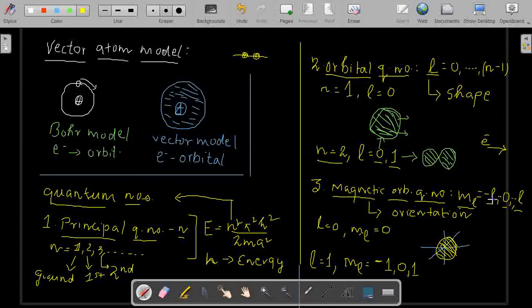Also, we do understand that quantum mechanics gives you values which are quantized. You cannot have all the values, only certain values are possible. So the magnetic quantum number tells me about the potential